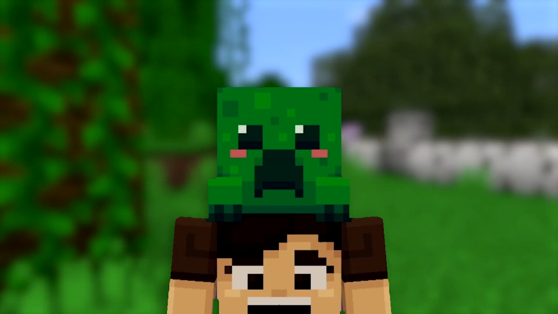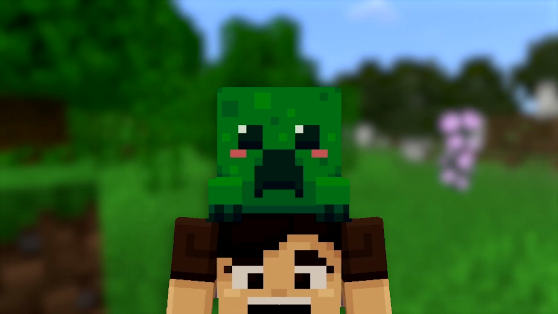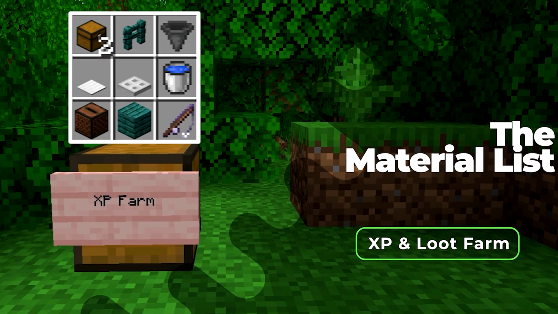Now moving on to the final farm, we have the fish and loot farm. With this farm you can get food, XP, and loot all in one, and it is also another really good beginner farm. Here's everything you need: 2 chests, a fence of any kind, a hopper, a heavy weighted pressure plate, a trapdoor of any kind, a water bucket, a note block, a solid block of your choice, and finally